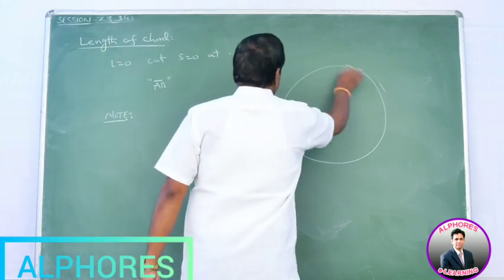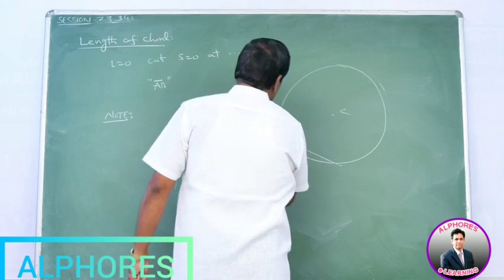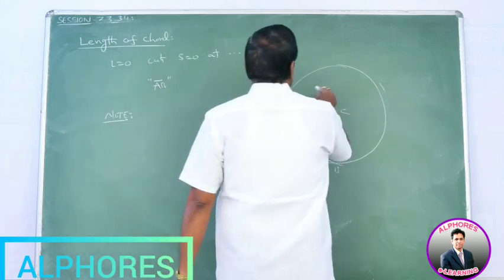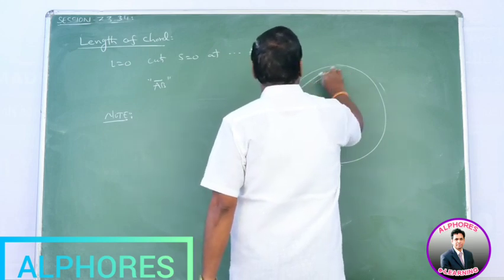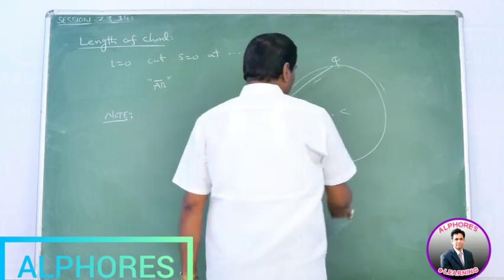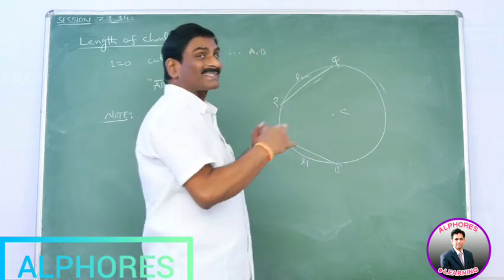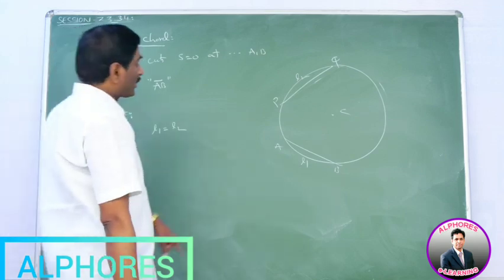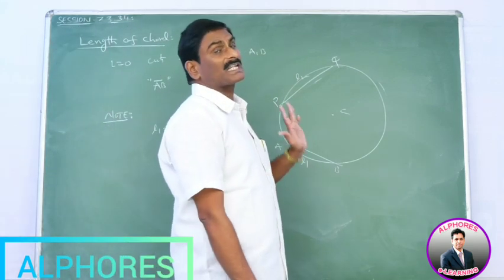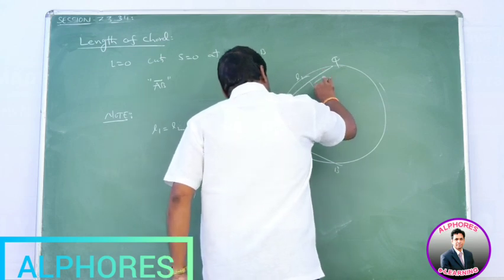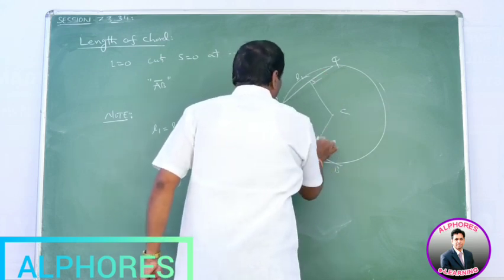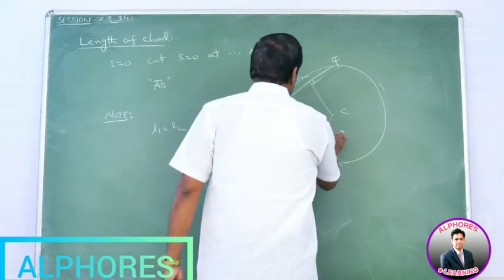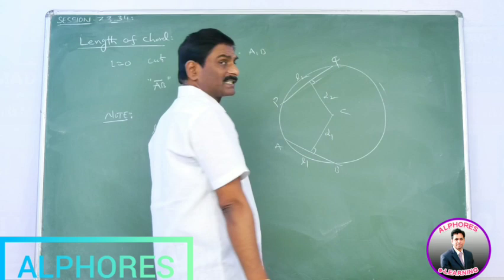Suppose this is a circle. Center of the circle is this. AB is one of the chords and the length of this chord is L1. And PQ is another chord. The length of this chord is also L1, say L2. These two lengths are equal. Suppose L1 is equal to L2. Then what is the condition? If the lengths of the two chords are equal, then they are equidistant from the center. That means the perpendicular distance from C to this chord is equal to the perpendicular distance from the center to the first chord. Say this perpendicular distance is D1, this perpendicular distance is D2.